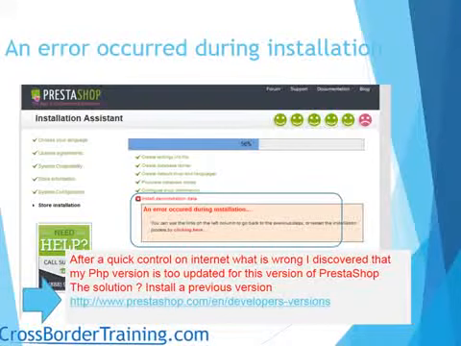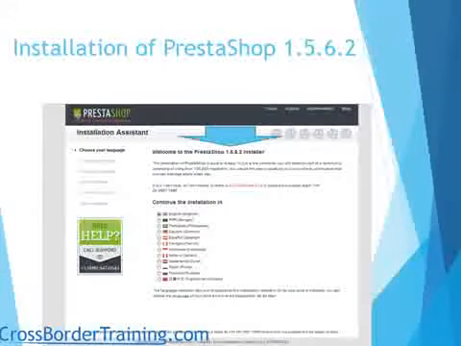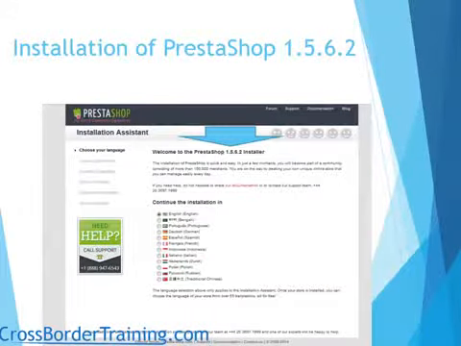So I went back to prestashop.com/en/developer versions, and here I can take the old version. So I took an older version, and we reinstalled it with the old one. So just a reflex, if it happened to you too, you just know that you can download an older version, and it will work perfectly. So here I've downloaded an older version, and I uploaded it, and I started to reinstall